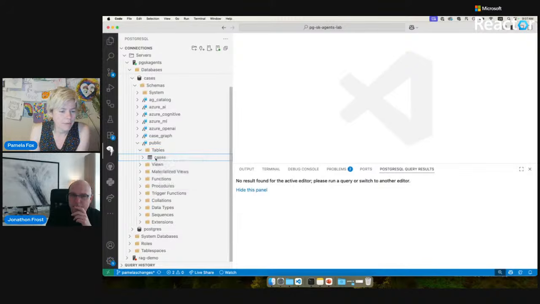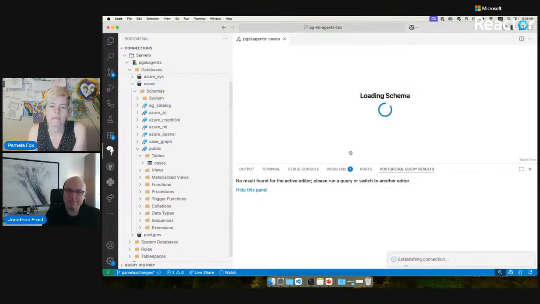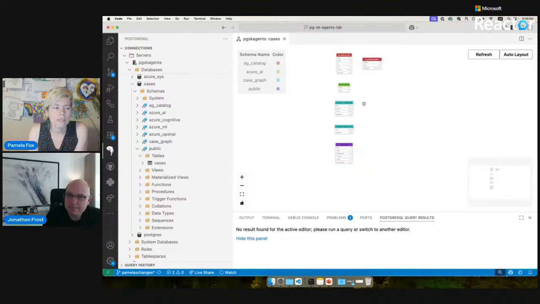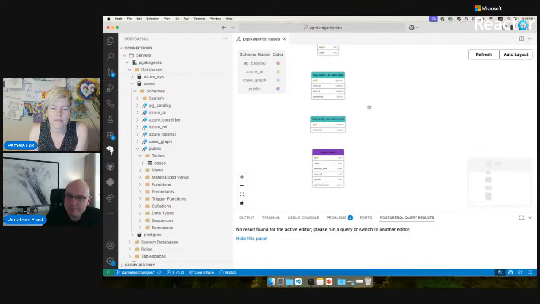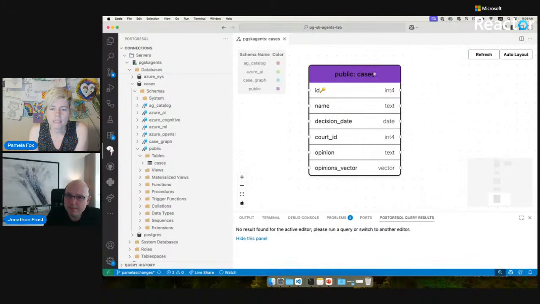And here's the table. One thing I can do is visualize the schema of the whole public schema, of all the things in the cases database. I can zoom in and see that what we're going to be focusing on is this cases table, which has an ID, a name, a decision date, a court ID, an opinion, and then a vector embedding of that opinion.